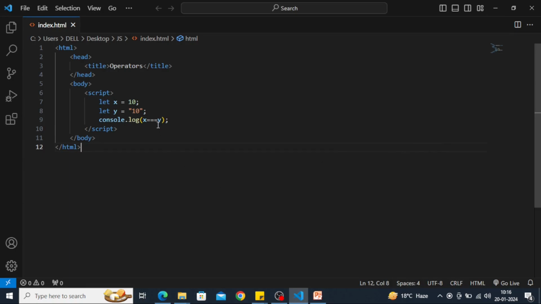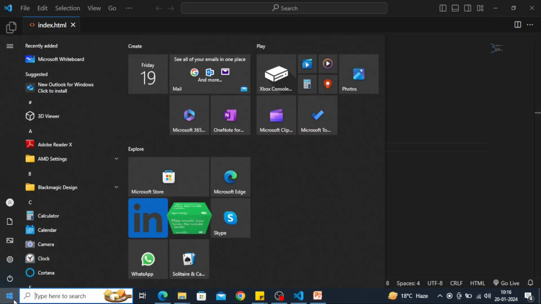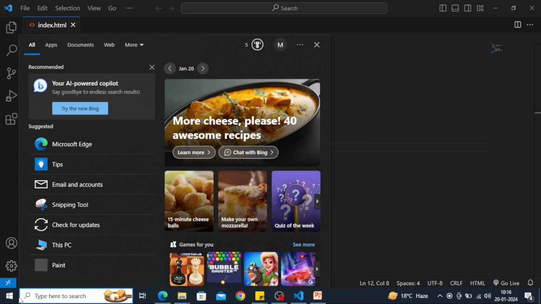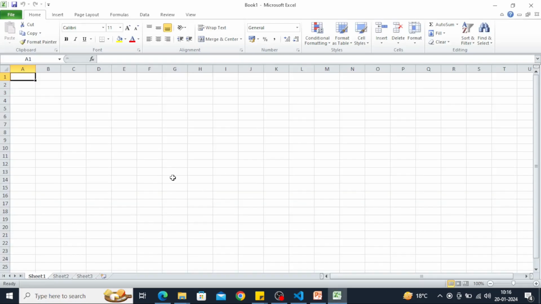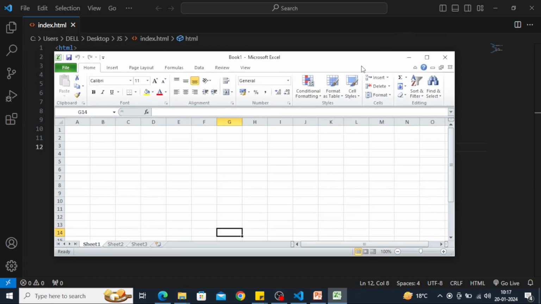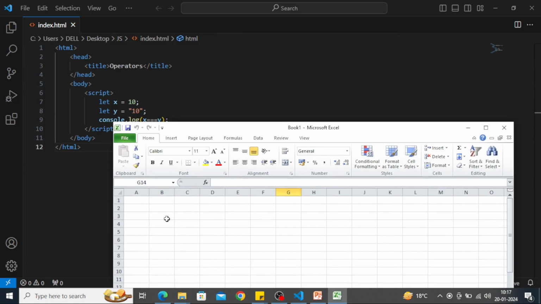So now I will explain the difference between the number and the string. I will take a paint. Now let's take an Excel sheet. What is happening here is, when I define x, the entire value is stored in one defined space in memory. But when I define y as a string, these inverted commas suggest that the value should be stored as a string. So this is stored in